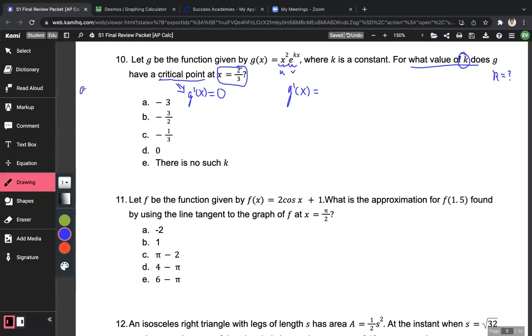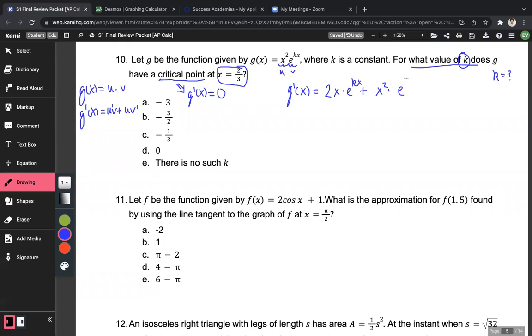Remember that if I've got some function g of x equal to u times v, where both of these are functions of x, that means that their derivative is going to be u prime v plus u v prime. All right, doing my product rule, that's going to give me derivative of the first guy, x squared, that's 2x, times e to the kx, no derivative taken, plus the first guy, unchanged, x squared, times the derivative of e